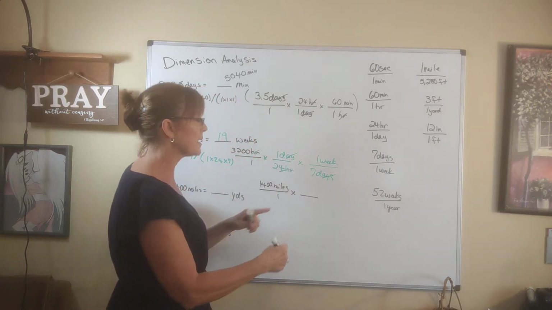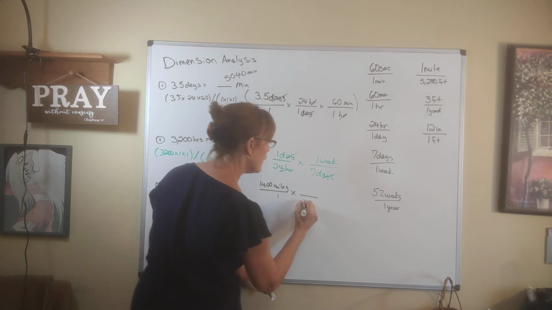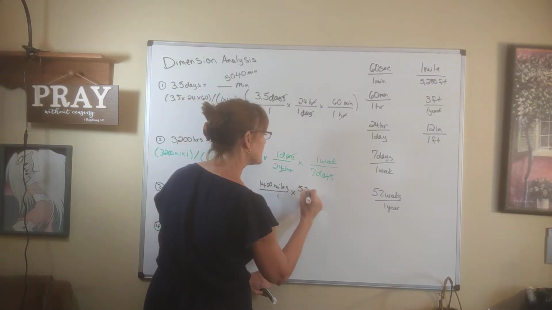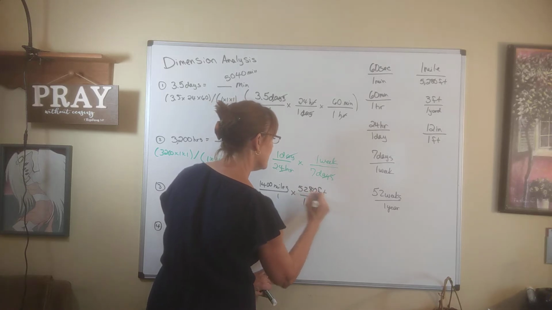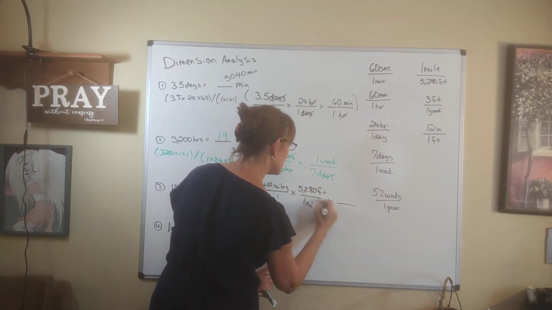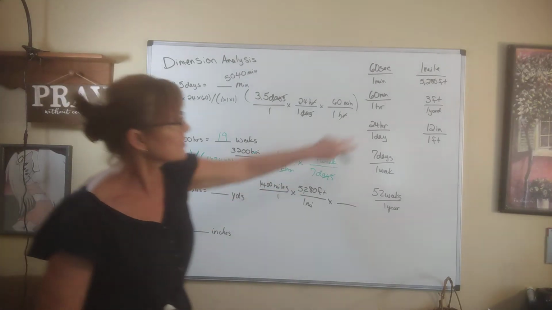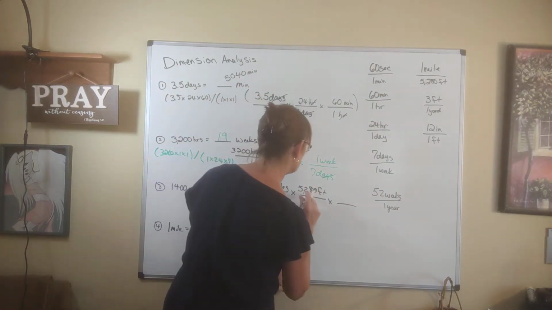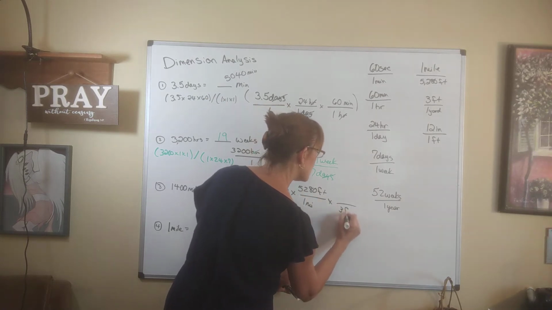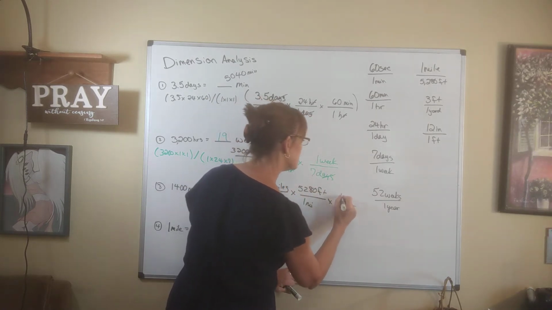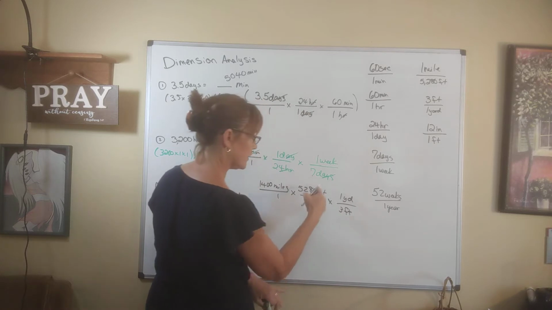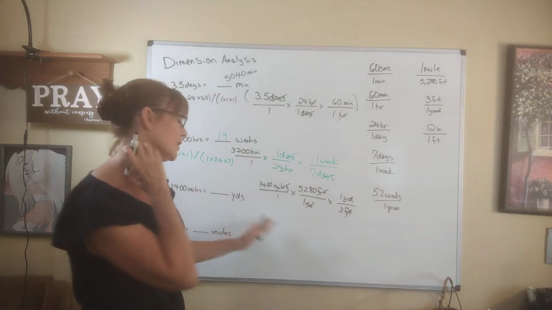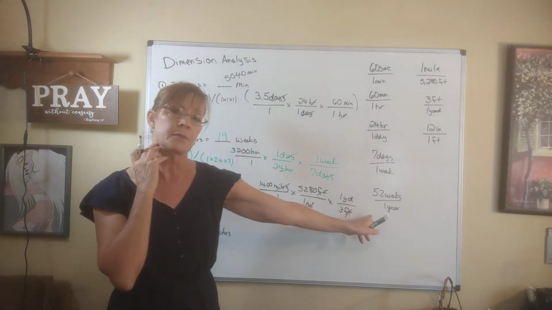So I want to kill the mile, so I put it in the denominator, 1 mile. And in the numerator, I'll put 5,280 feet. Okay. Now I want to get rid of the feet, and I want to turn it into yards. So I'll use 3 feet is equal to 1 yard, but I'll put the feet in the denominator so that it will cancel with the feet in the numerator. So when you do dimensional analysis, you can tell for sure if you're ending up in the right